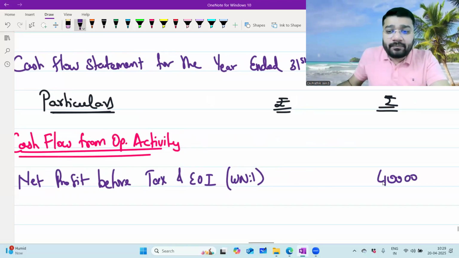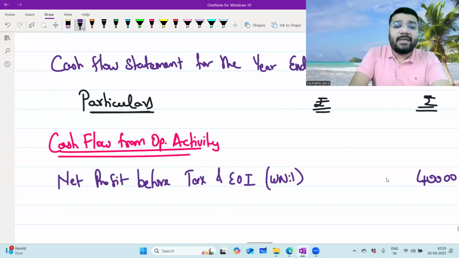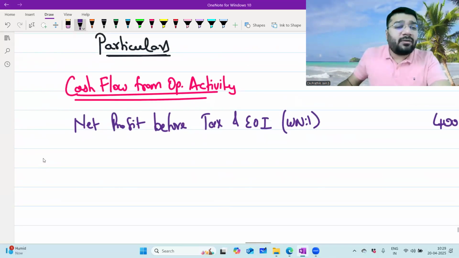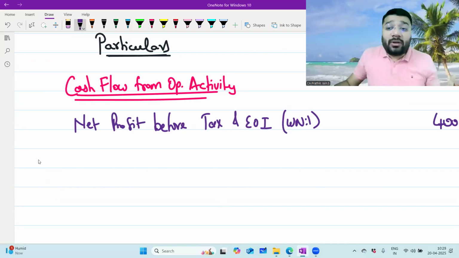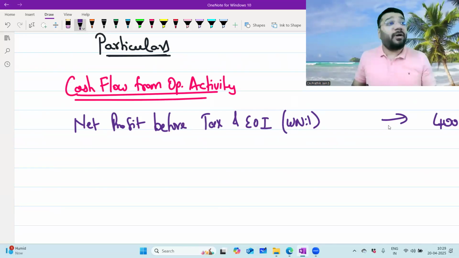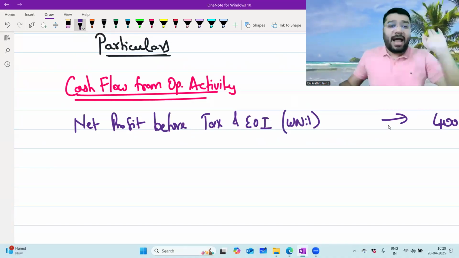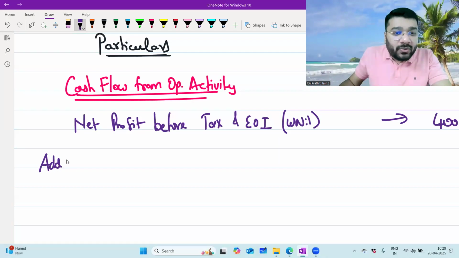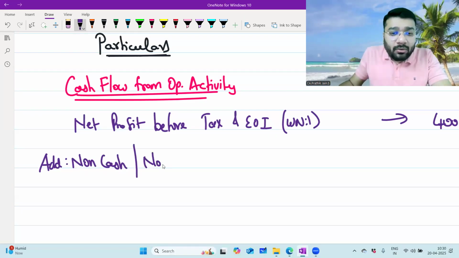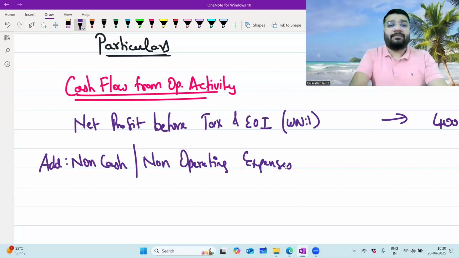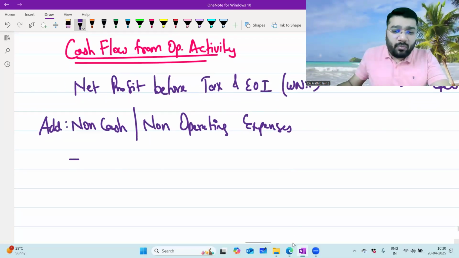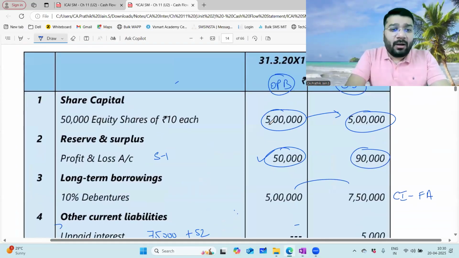Segment 1 over. Okay, what is next? Segment 2. What is segment 2? Adjustments for non-cash and non-operating items. So non-cash and non-operating expenses were already subtracted from this, and after that we got this 40,000. To reverse it, what am I supposed to do? Add back. So add non-cash or non-operating expenses. Below that, we have the first item. What is it? Amortization. If I come in order,